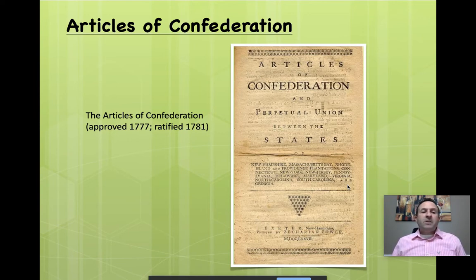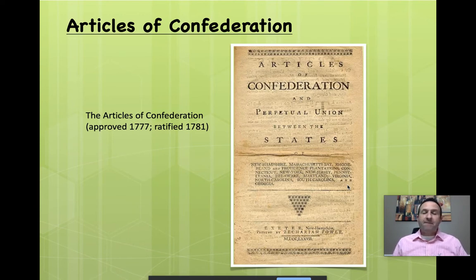Now, the Articles government is first discussed after Americans declared independence, 1777. It'll be ratified in 1781. Now, you might think, why does it take so long? What gives? It takes 4 years to ratify this very weak, terrible, loosely affiliated government that's a compact between states. And you're right. Because there's a strong, big fear of central power, and they're afraid. They're fighting against the tyranny of a central power. They don't want to replace it with something worse or the same.